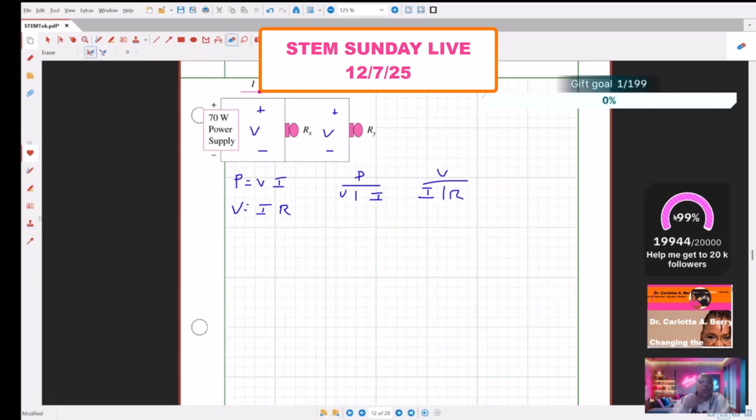And like I said, right now we have too many unknowns. Our unknowns are X, R, Y, and I and V. So that means we have 4 unknowns. And so if you have 4 unknowns, you have to have 4 equations. And so